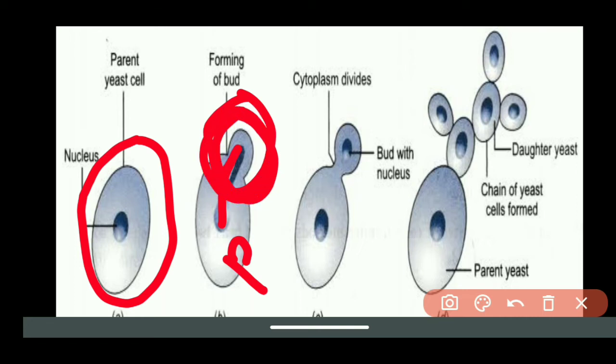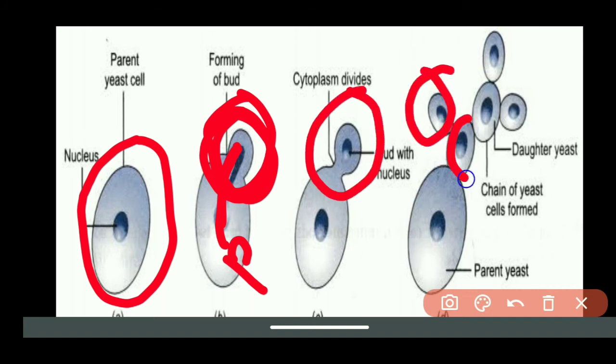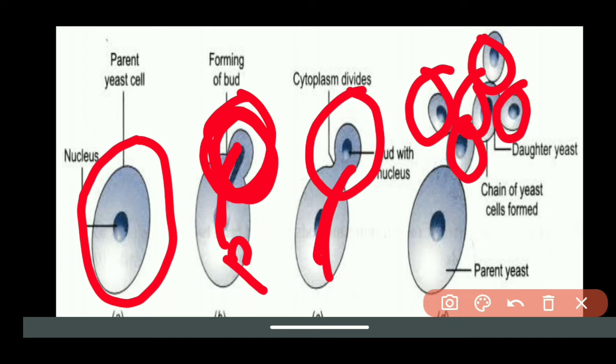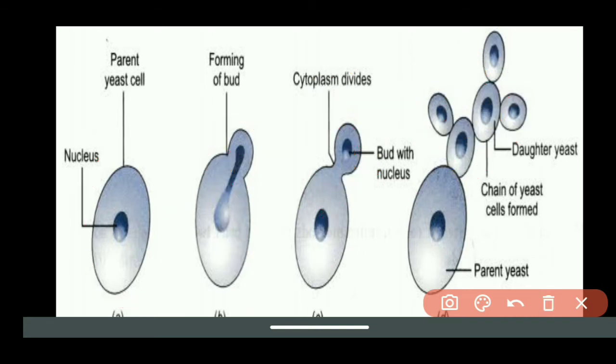A finger-like projection is also called a bud, which is trying to emerge out from the parent body and forms a new offspring, and further it divides into many offspring, the same way this divides into another one, this divides into another one, and simply it multiplies. And hence,